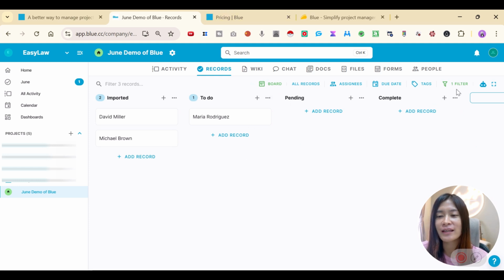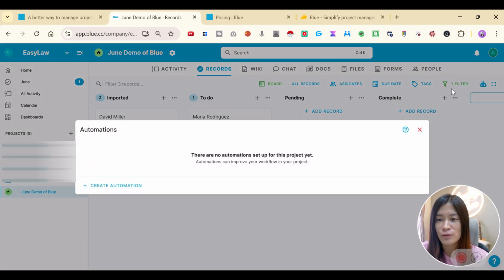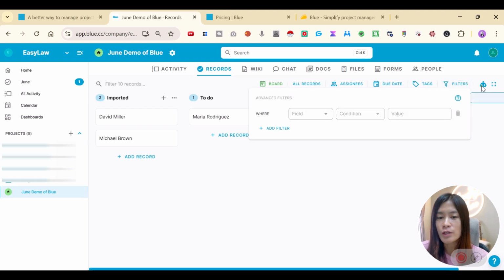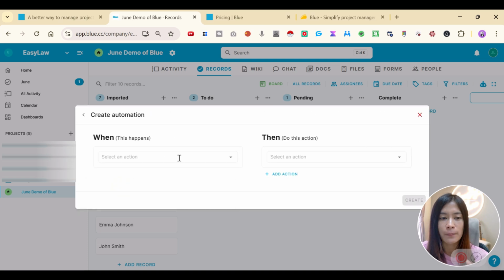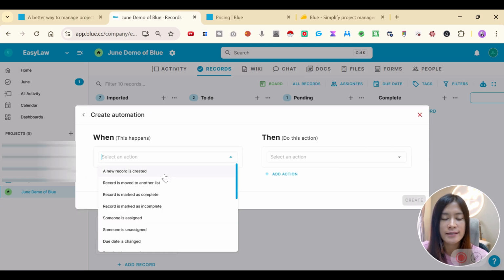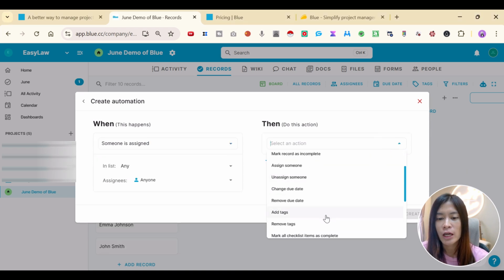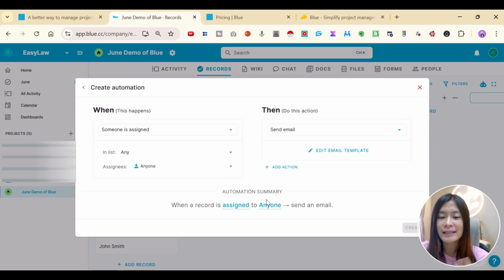And okay, one thing is also, I built some automation. I have not explored too much of automation here, but I want to show you guys what automation possibilities they are. So when I click over the automations in this blue, right? So what I can do is that I can say, if let's say someone is being assigned, you want to send a particular email, okay? You want to add tags, remove tag, or you want to send a particular email, and the email can be